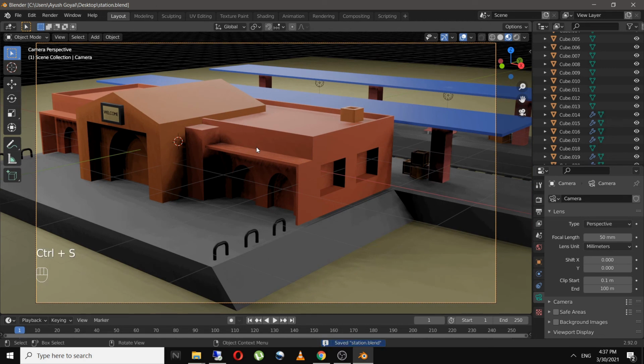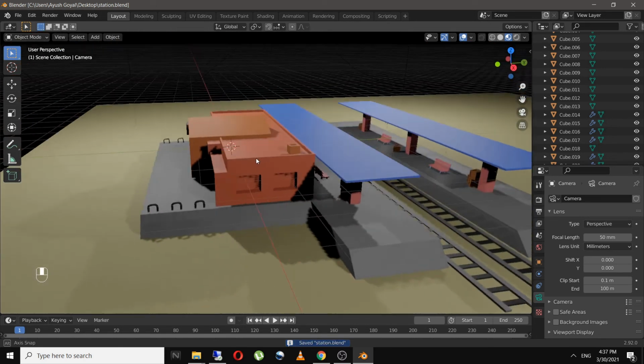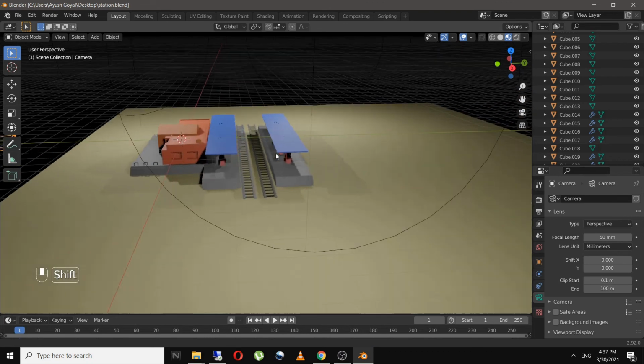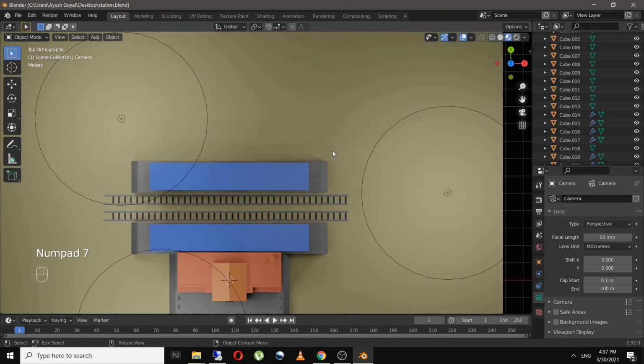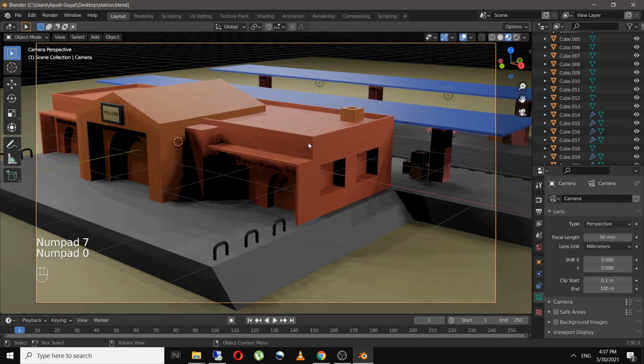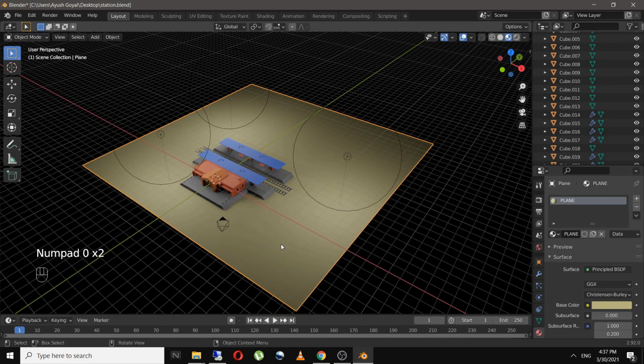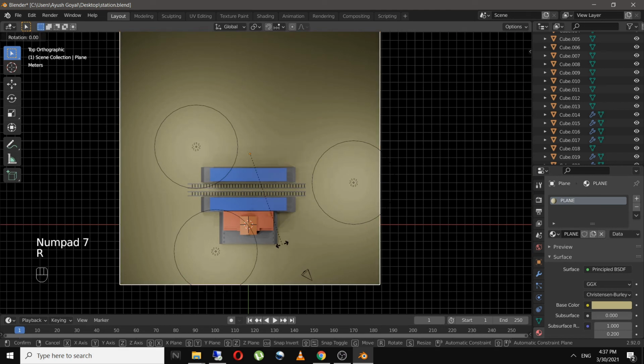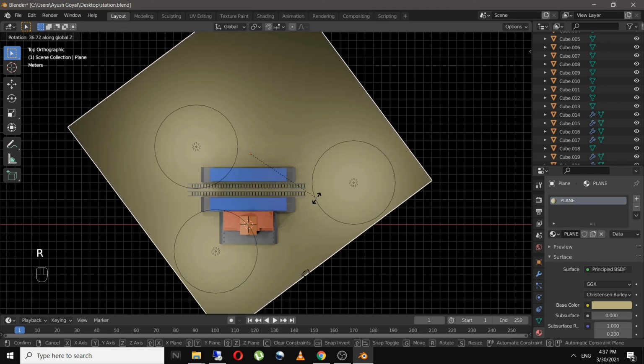So once you have selected your angle, as you can see, we have these dark places in our scene. So what I'll do is rotate the plane over here on Z axis.